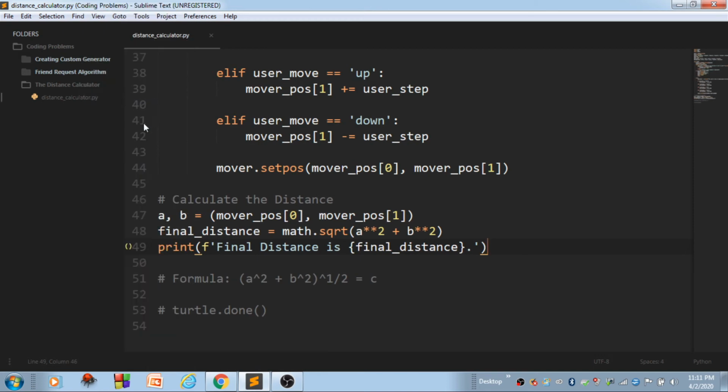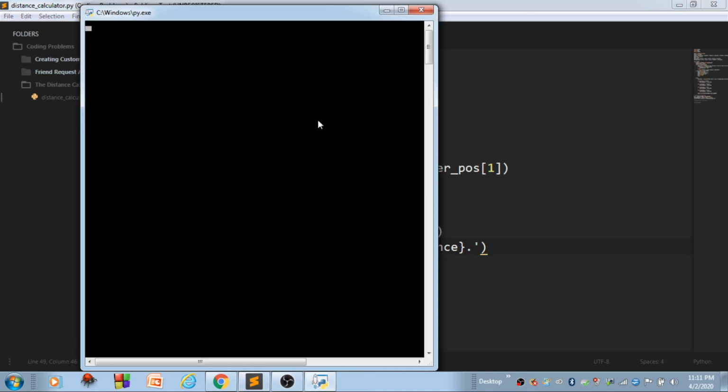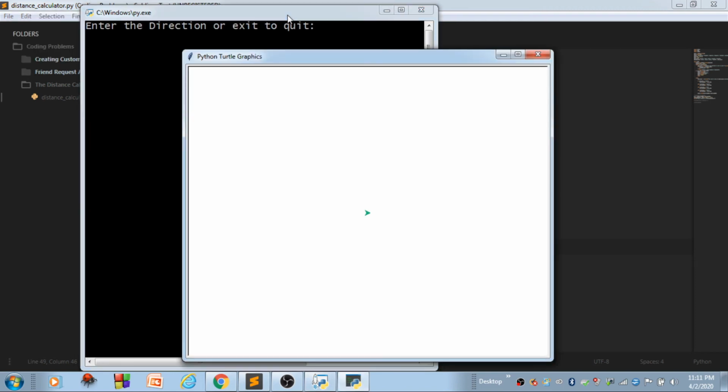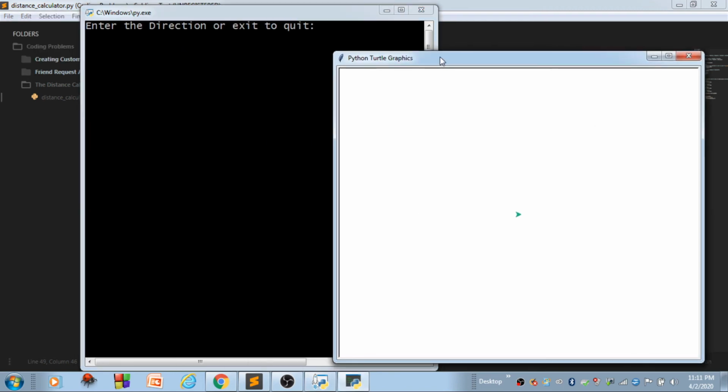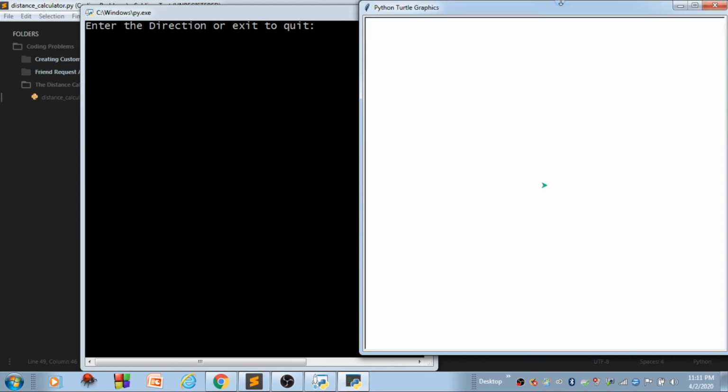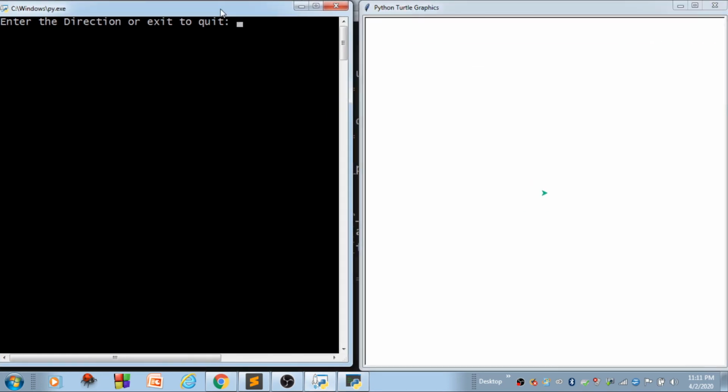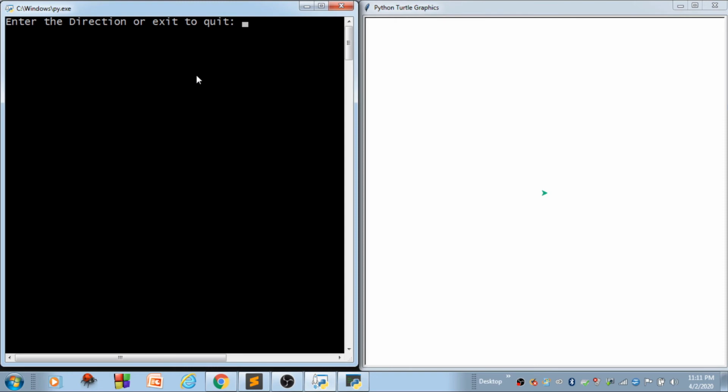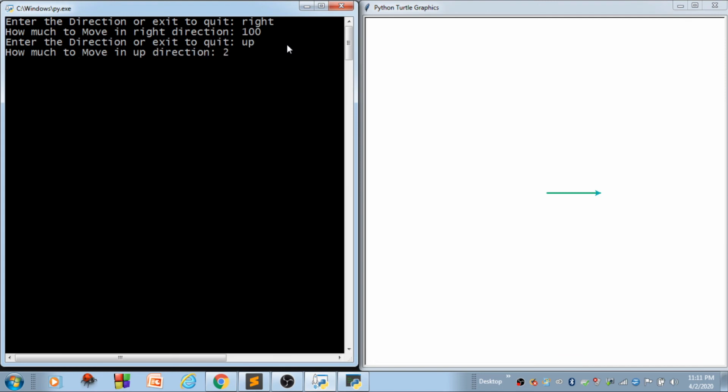So I can just open and run. Few seconds for it to load all the libraries and open the command prompt. So here's my command prompt, and yeah, here's my turtle, right? So I can just extend it right there, and I can keep its position here. So let's say I want to move right by 100. Did you just see that it actually moved 100 right when we are saying it? So I want to move up by 200,